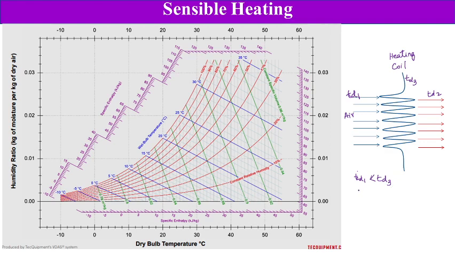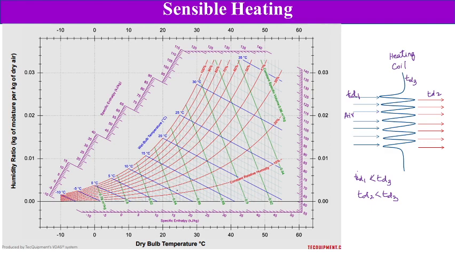This TD2 is also less than the temperature of heating coil TD3, so TD3 is the highest temperature in this case. When air is passed over this heating coil, this air absorbs sensible heat and its temperature increases. Now this process can be shown on